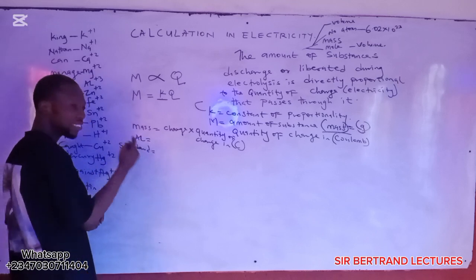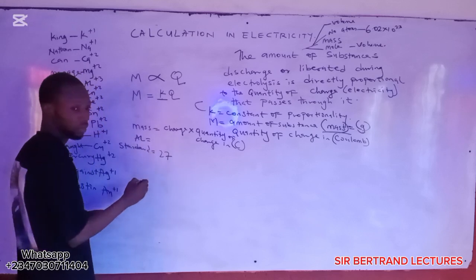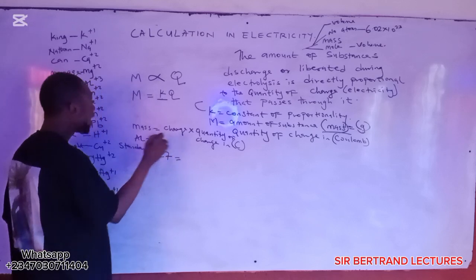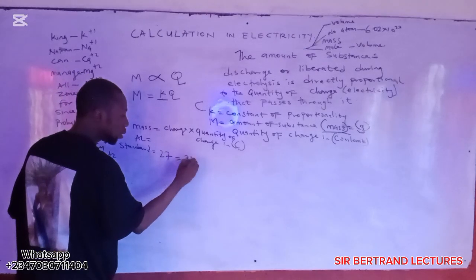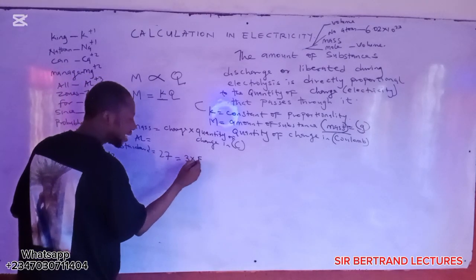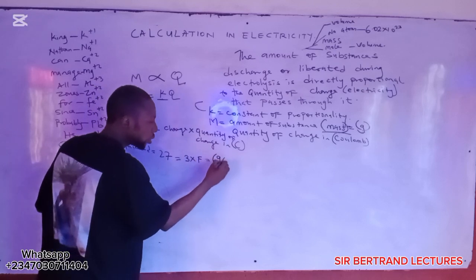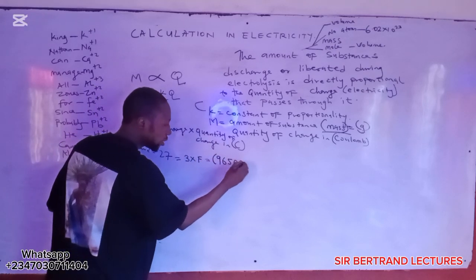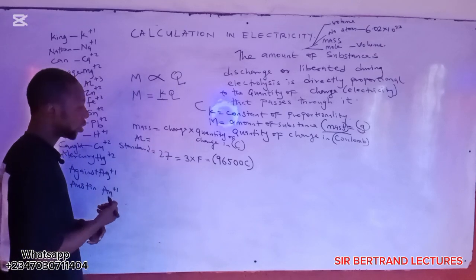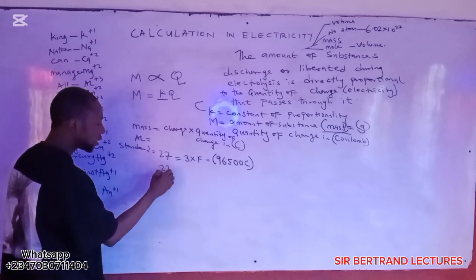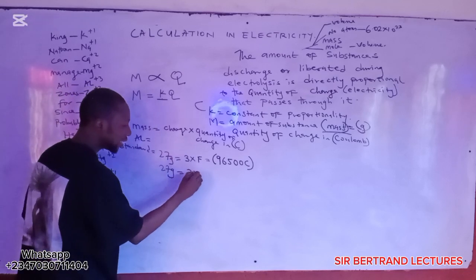Okay, the mass of 1 mole of aluminum is 27, and the charge of aluminum here is +3. So you have 3 multiplied by 1 Faraday. This 1 Faraday, in the quantity of charge, is equal to 96500 coulombs. This is the standard constant. And it's going to be 27 gram, equal to 3 times